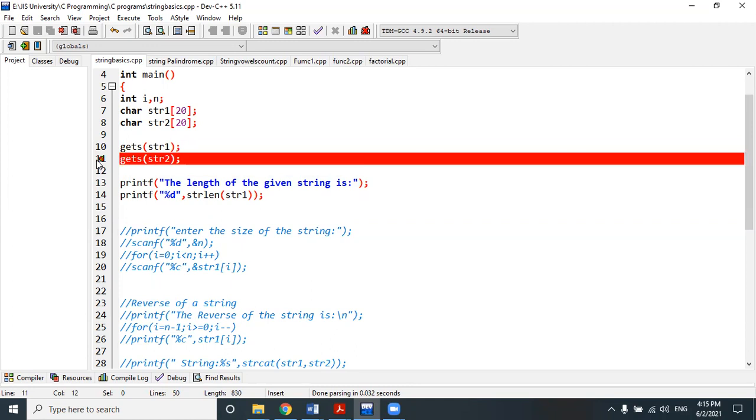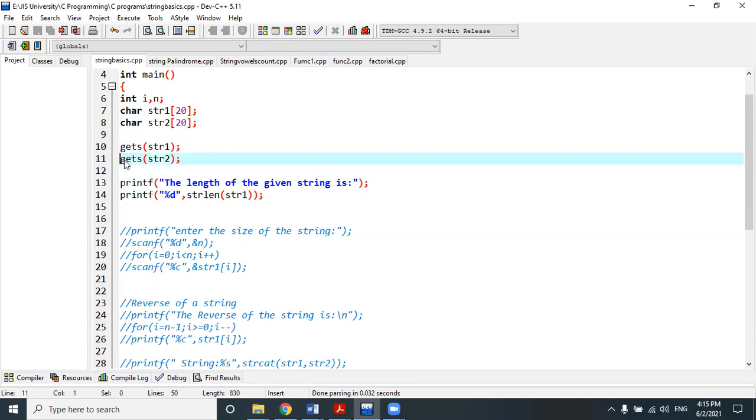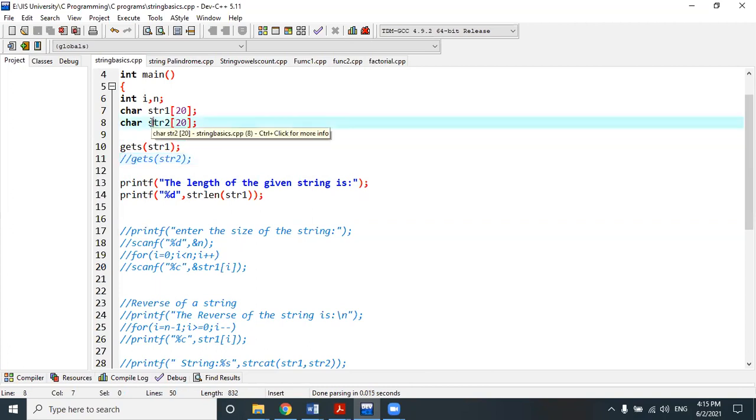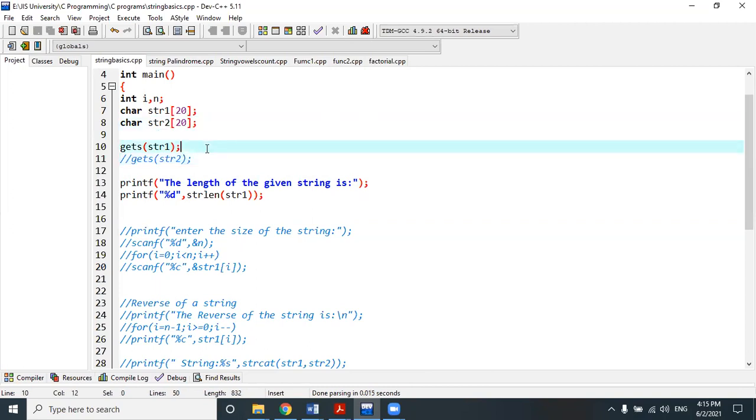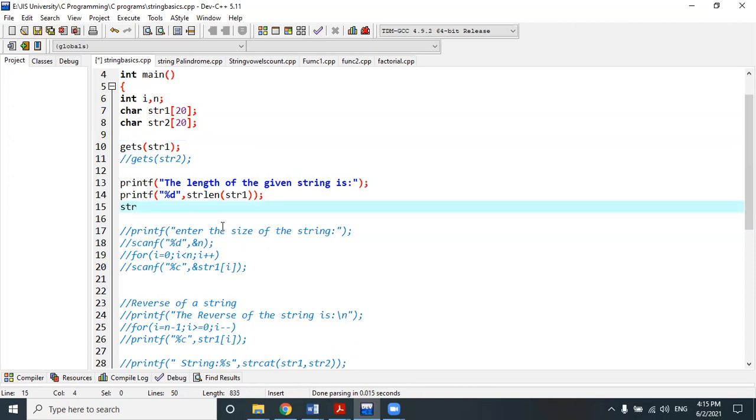So here we don't need to read the value of str2, because it should be a blank string where it will be copied, but we have to declare the string as str2 because we have to make a copy of it. Okay, and if we want to do a copy of the string, we'll simply do the strcpy, string copy function, strcpy. Then the first one will be your old string, which you want to copy.